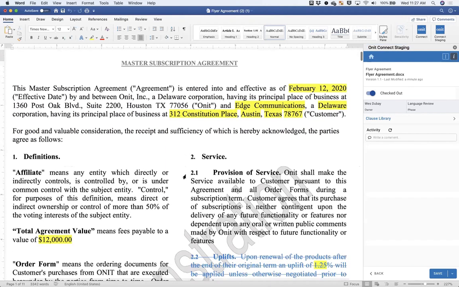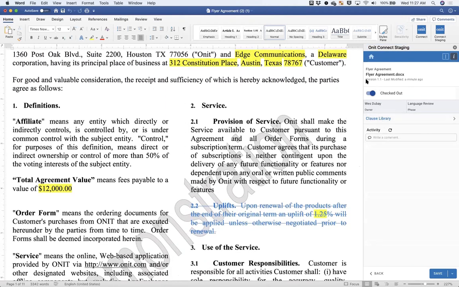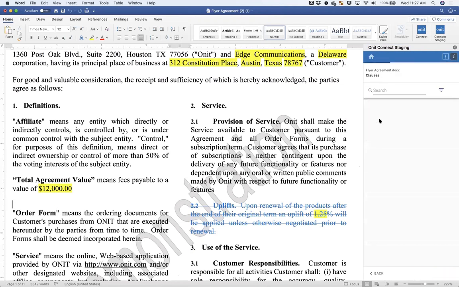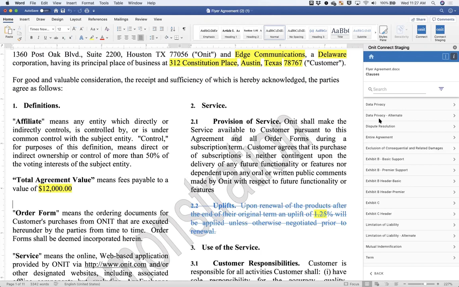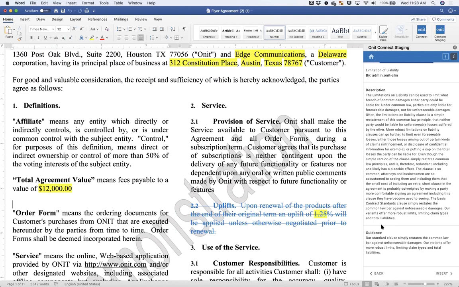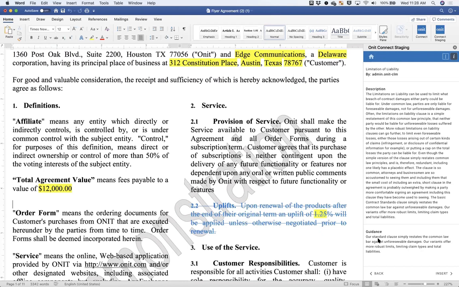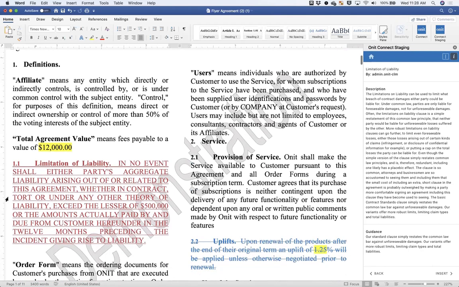Here you can see I have access to my clause library, and the Word add-in is automatically identified. This is the 1.1 version of the flyer agreement. And so if I notice that we don't have the limitation of liability in this contract, for instance, I can click into where I want it to go. I can access my clause library. It's going to show me only those clauses that are relevant to this contract type, the master services agreement. I can select that limitation of liability. It provides the wording for me in the description, and it also gives me guidance on when we should be utilizing this clause. If it's the one that I want, I insert it,